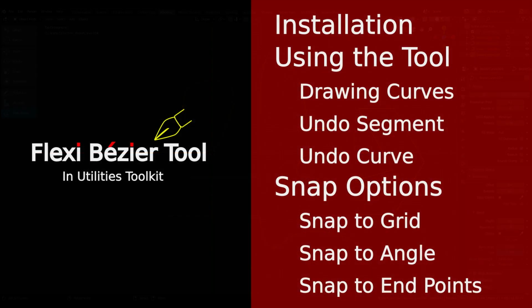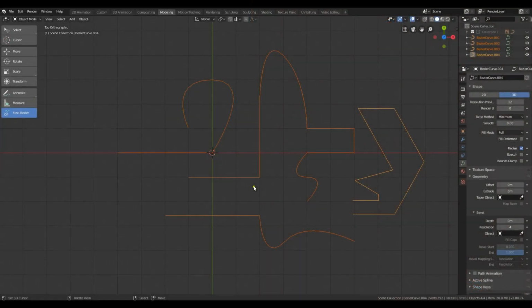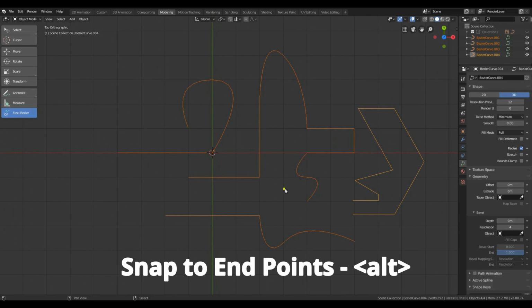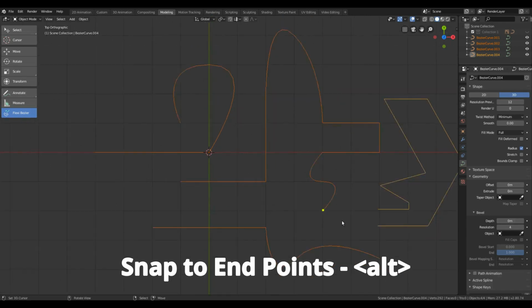And lastly, we have a very useful snapping option, and that is snapping to the end point of the splines within the curve. Splines are basically disconnected parts. The curves that we have drawn all have single spline. In this case, the end points of the spline are the same as the end point of the curve. To snap to the end points, I need to hold down Alt key, and again this snapping interval is dependent on the zoom level.